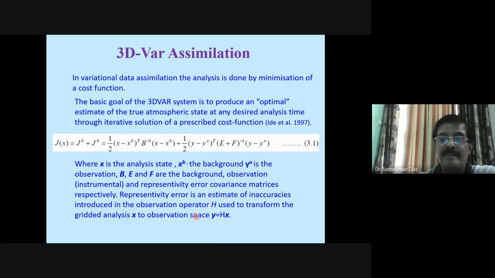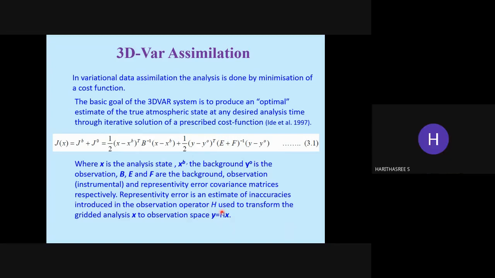We map the observations using an observation operator and relate them to the model variables x. This is the observation y, this is the model variable x, and H is the observation operator. So is that clear? What is the observation operator? Yes or no? Yes, sir.